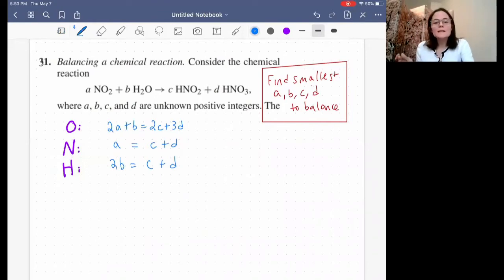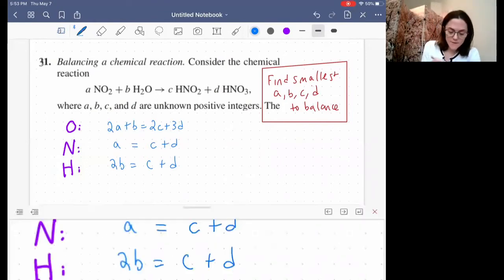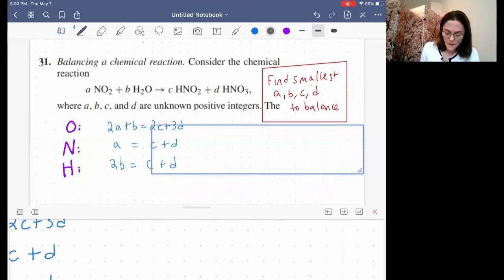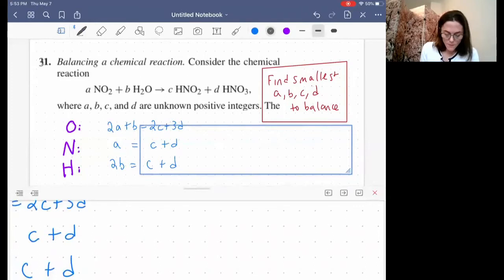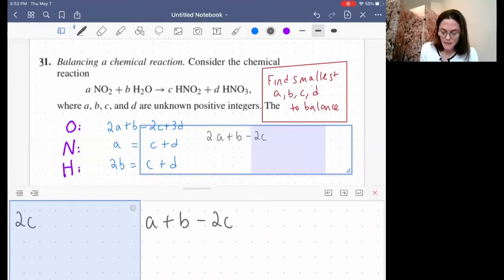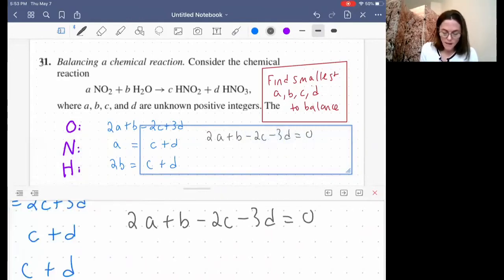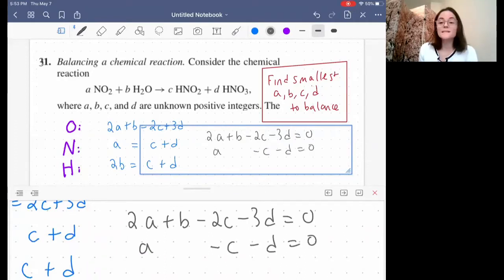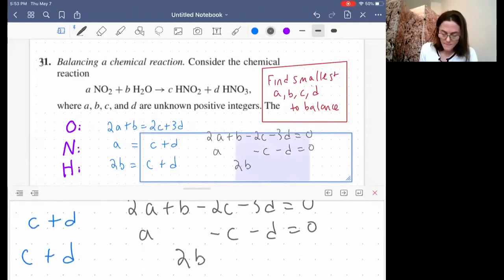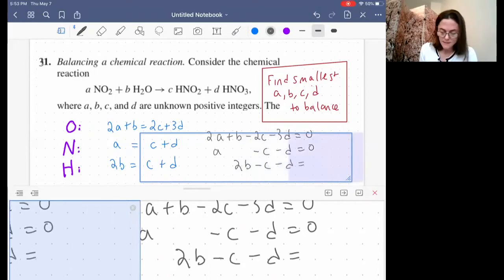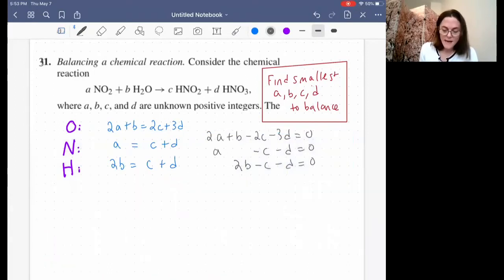Well, let's just rewrite this so that we have a linear system. In fact, we're almost there. I want to rewrite this, so maybe I will rewrite it this way. 2A plus B minus 2C minus 3D is 0. This is the first equation. Then I have A minus C minus D is 0. Second equation. And the third equation says 2B minus C minus D is 0. This is now